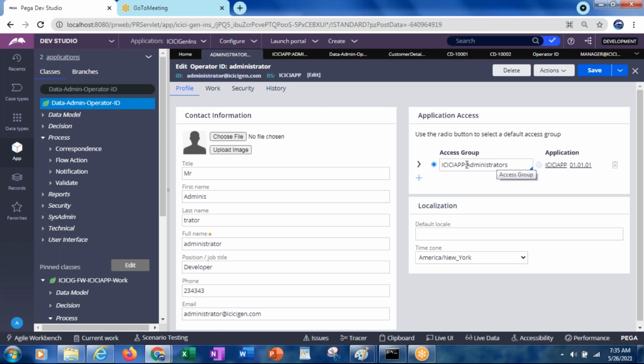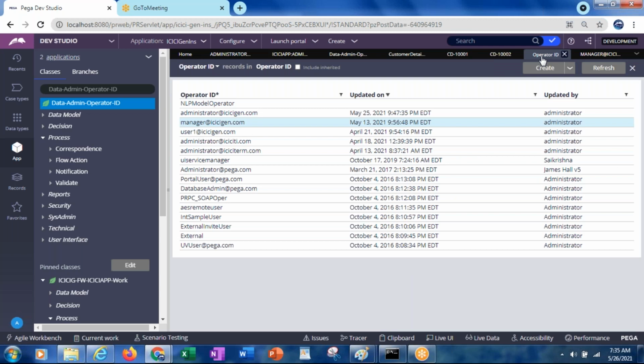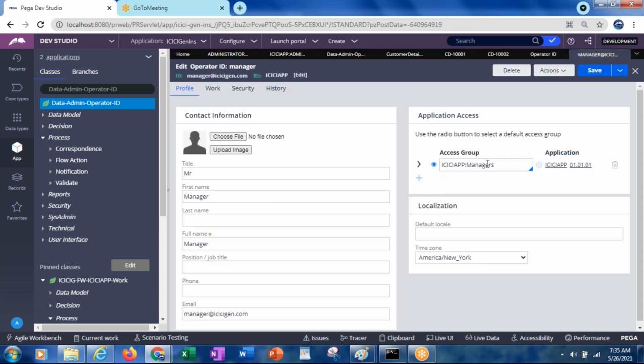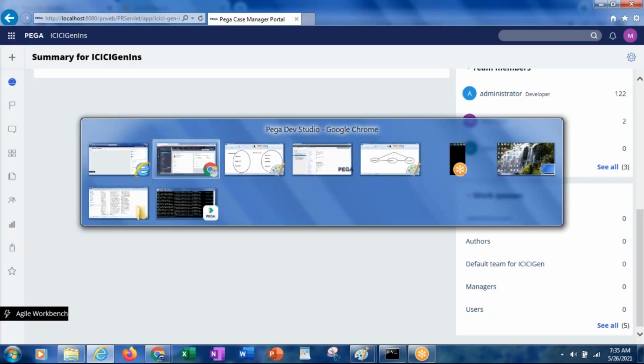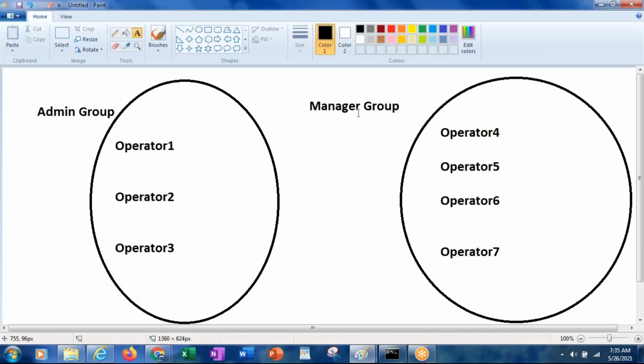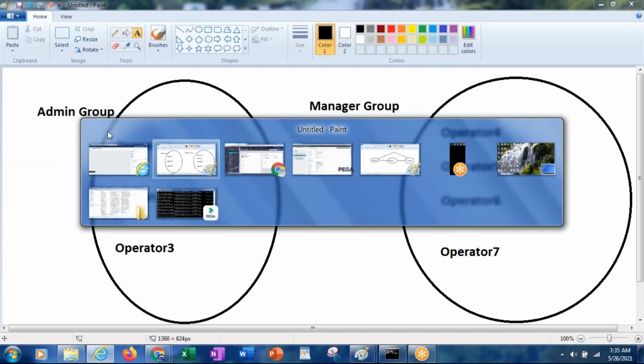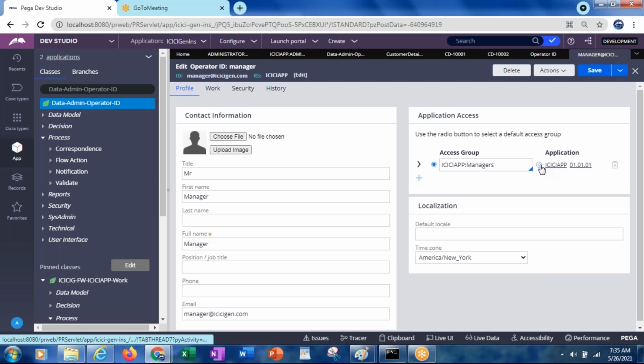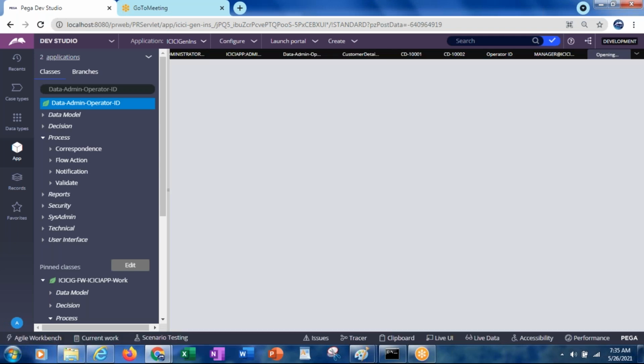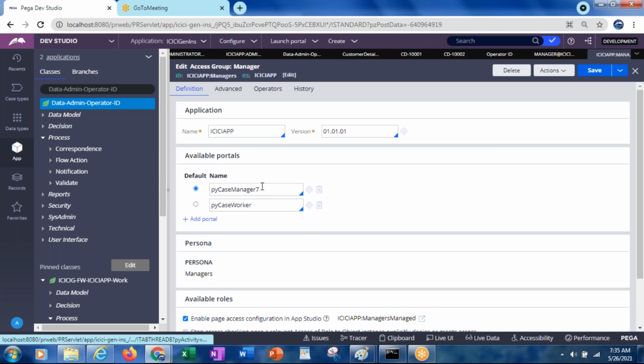Access group is nothing but what level of access you want to give to which operators. That way we give that access group, and it will be referring to the manager group and admin like that. The portals and everything will be displayed based on the access group referring to those particular portals. So here he will not have access, because this manager is not referring to the